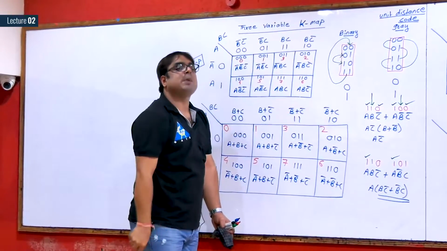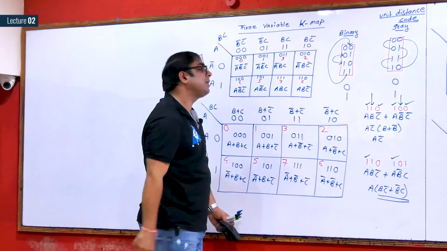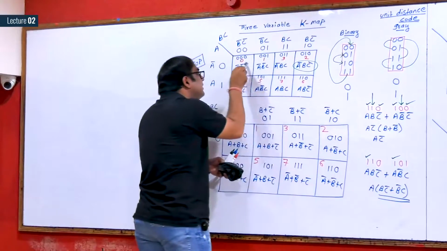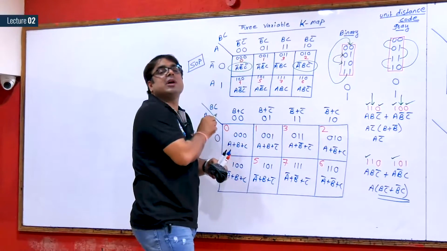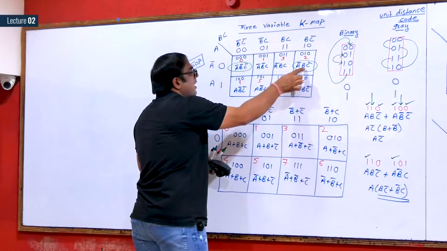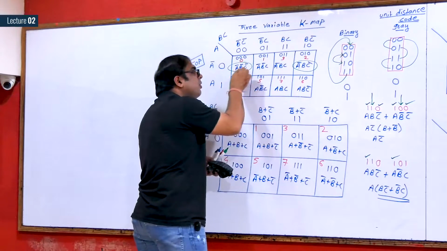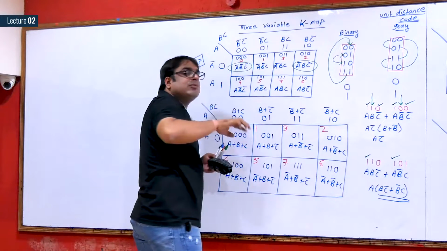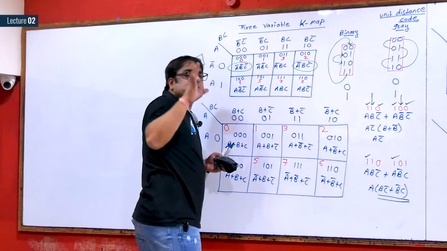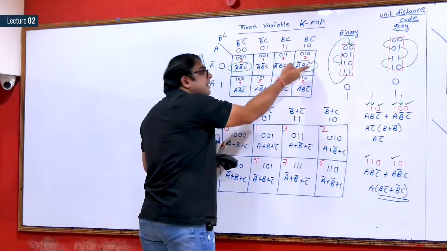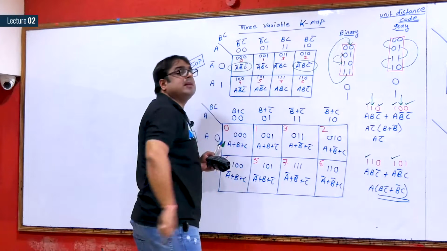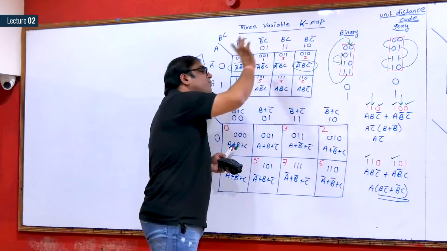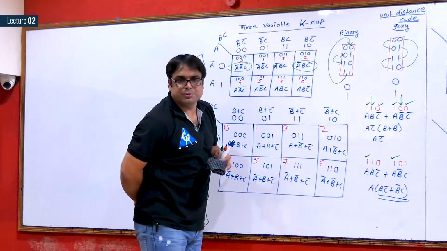And the most beautiful part of the K-map now, if you check this and this one, then also a reduction is possible. Please see, A complement, C complement, A complement, C complement. B plus B complement will get reduced. This is the most beautiful part of the K-map. This last one and this first one can also be grouped.